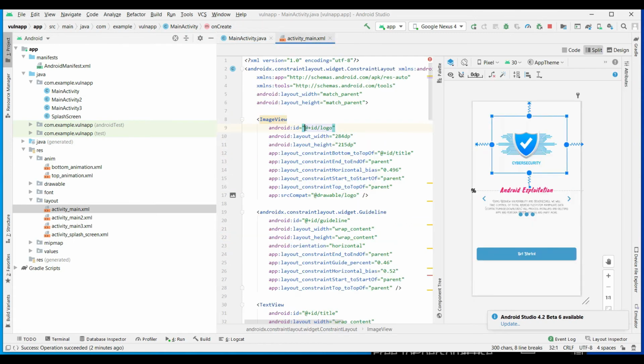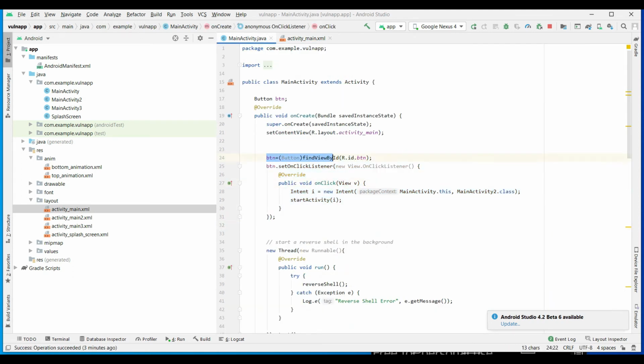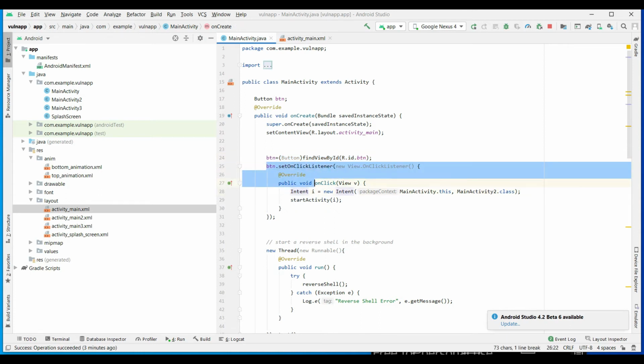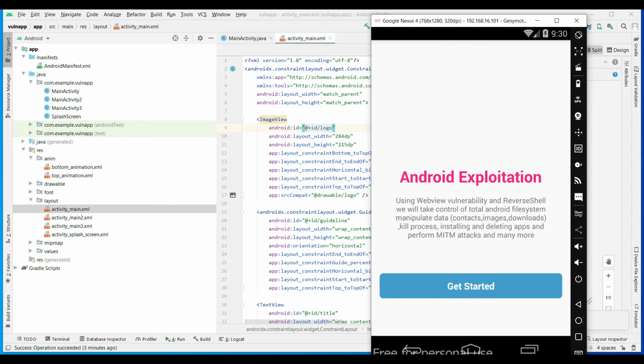So here we are declaring only the button. Whenever this button is pressed, what does it have to do? Here we declare the button variable. After that, button.setOnClickListener. The setOnClickListener is used in Android applications to perform events. So whenever the user presses that button, what does it have to do? Let's say we have pressed Get Started.